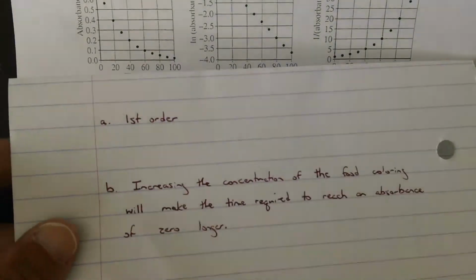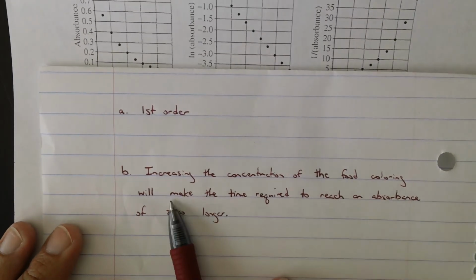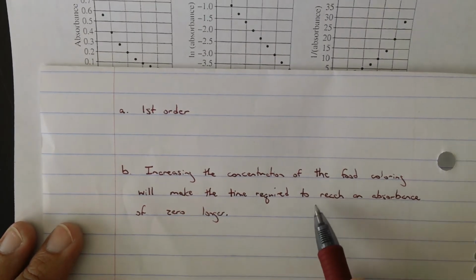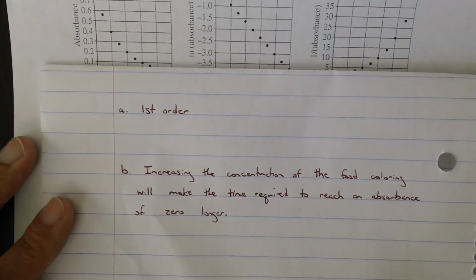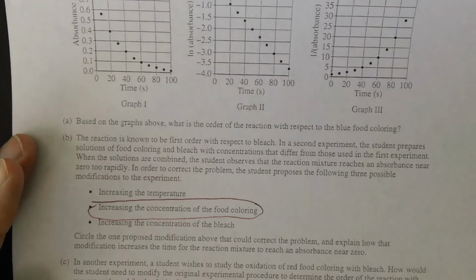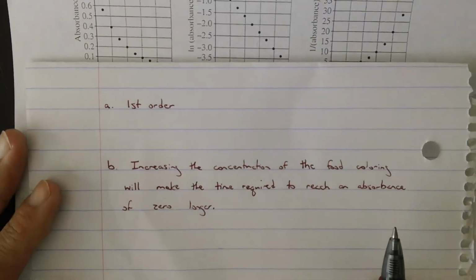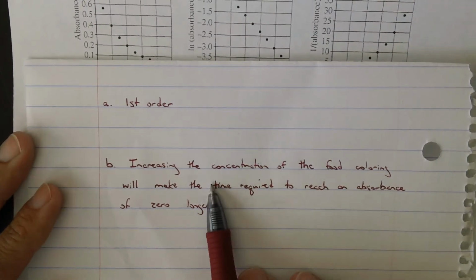And so, properly worded, I wrote it this way: increasing the concentration of the food coloring will make the time required to reach an absorbance of 0 longer. It increases the time. And they ask you to explain that one. You actually get a point for circling the right one here, and then you get a point for your explanation of why that's going to extend the time. And then part C,